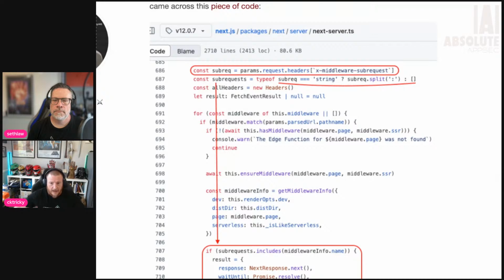That'll come up in a second when we talk about the value of this X middleware sub request header. One of the things we'll unpack is that there are benefits to strict naming conventions, but there are downsides as well, which we'll get into here.